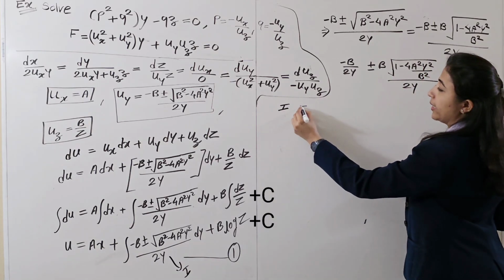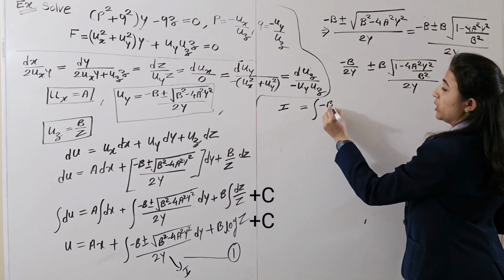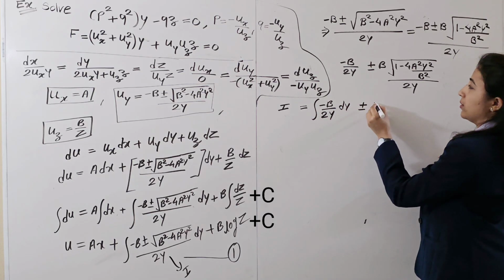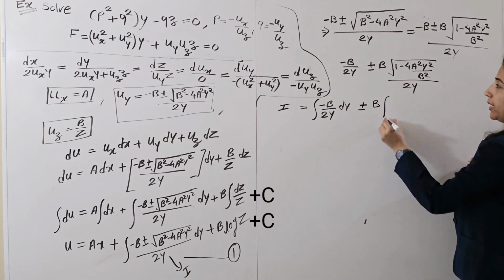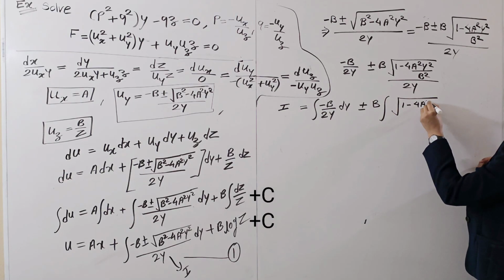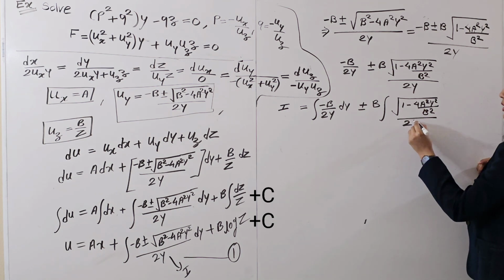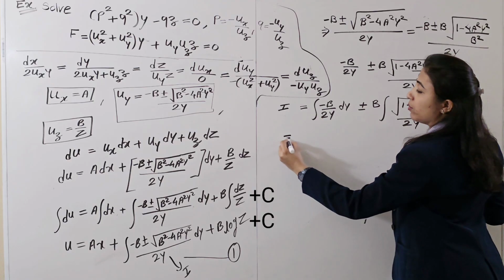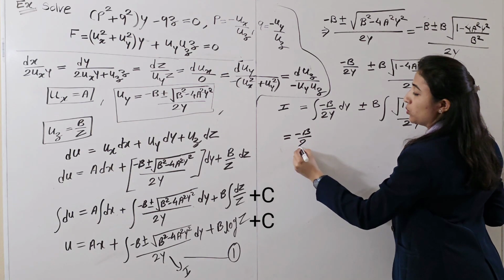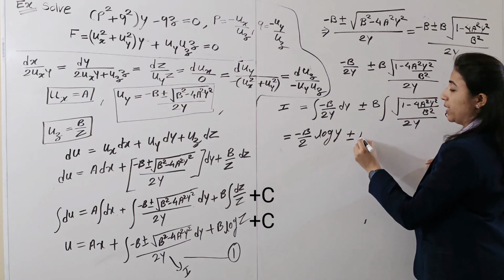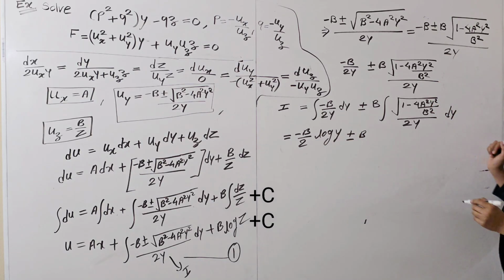So here the integration becomes minus b divided by 2y dy, where minus b is a constant and we take it outside: integration of root of 1 minus 4a²y² divided by b², whole divided by 2y dy. Here minus b by 2 is a constant outside, it is a log of y plus minus b as it is. This term we have to put